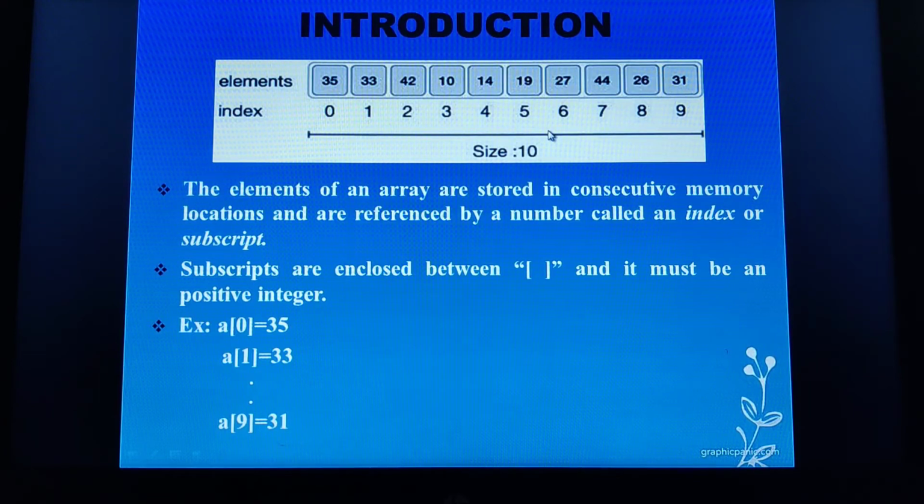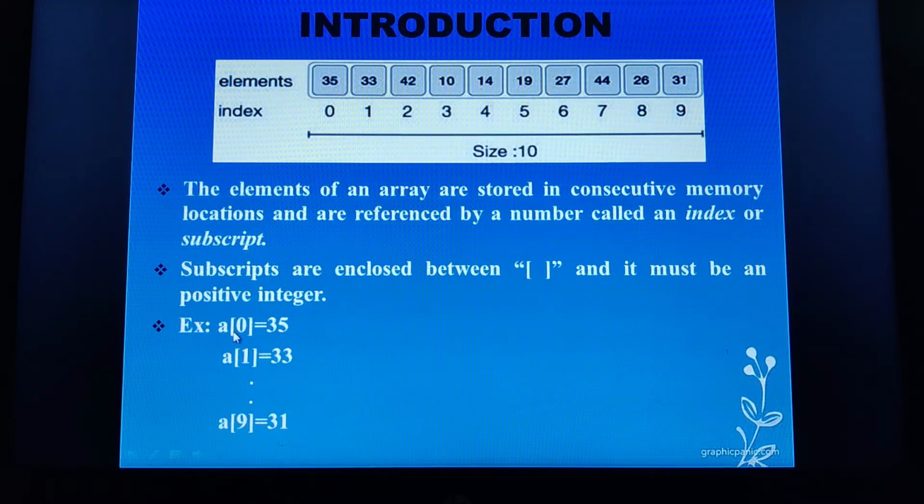And one more thing I wanted to tell you. Suppose only 0, only 1, 2, 3. These actually represent what? Positions. But when I refer like this, array name followed by the subscript like a of 0, then actually I will be referencing the value. Simply if I write 0, that 0 represents what? It's a position.